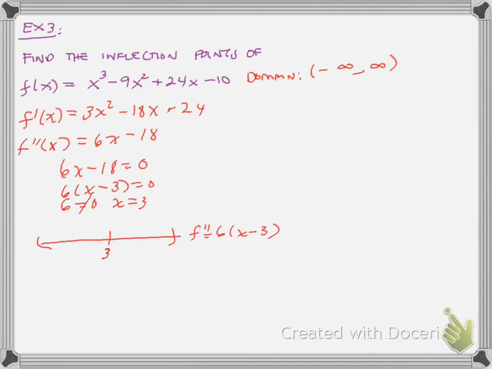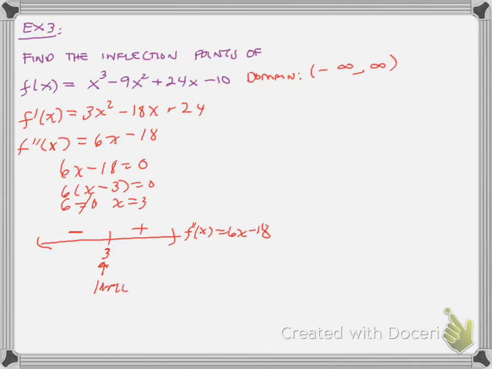I'll keep it as the factor form of our f double prime. And so use a test number. So to the left, I can plug in 0. Actually, let me, f double prime of x equals, I'll use 6x minus 18 because it's a small number. We plug in 0, we're going to get negative. We plug in 4, we're going to get a positive value. And so since the domain is all reals and it goes from negative to positive, it changes sign,